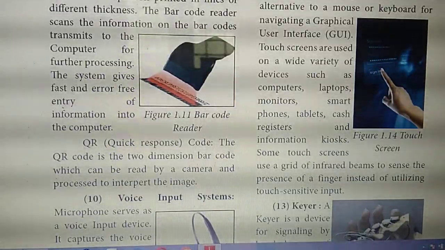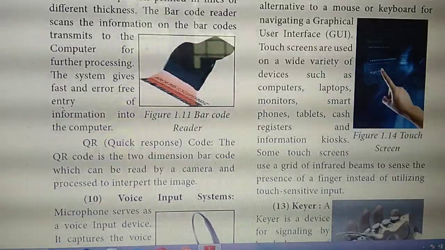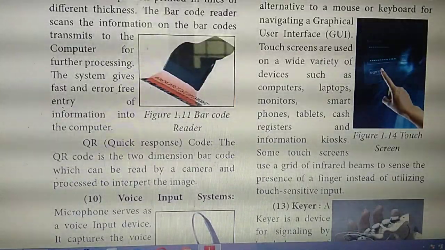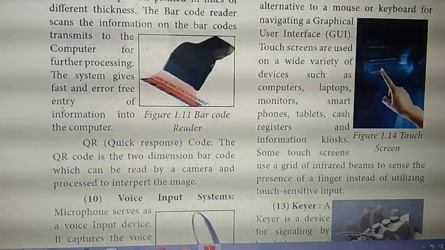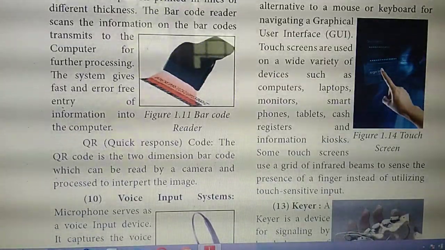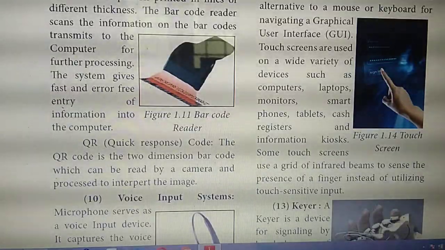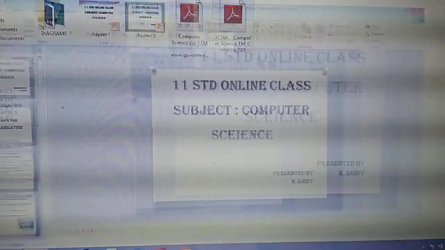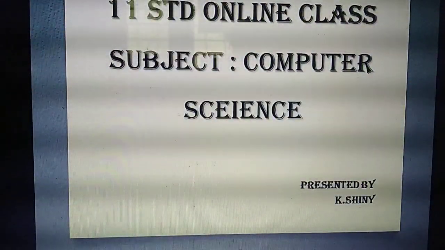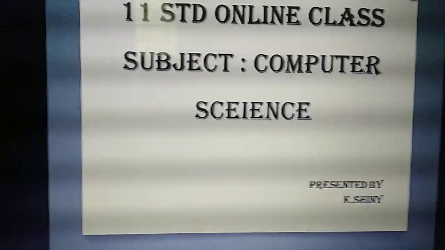All the headings. First you should study the book back questions thoroughly, then you study the book inside questions. Book inside means all the headings you should study. Understand? Yes. Okay. So by this, chapter 1 is completed. Then we are going to study chapter 3.